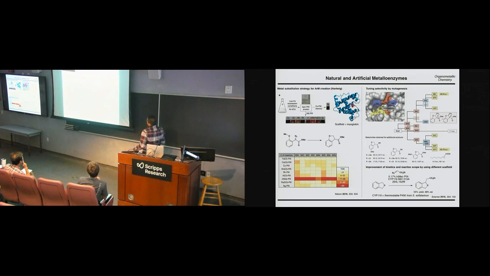So the idea here is that they want to swap out the iron porphyrin for other metal-containing porphyrins. And in order to do so, they generated the following workflow. They would express the myoglobin protein under low iron expression conditions. You can do this by simply removing iron from the media component in your growth conditions. So at the end of the growth cycle, essentially you'll get a myoglobin that's not loaded with any heme cofactor at all. And once you purify your